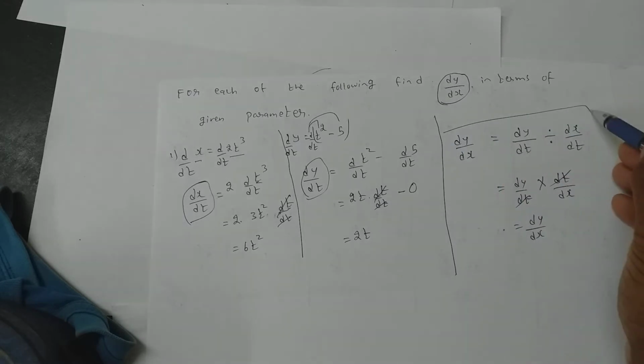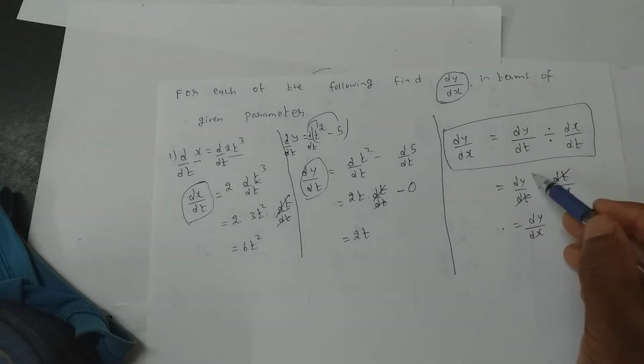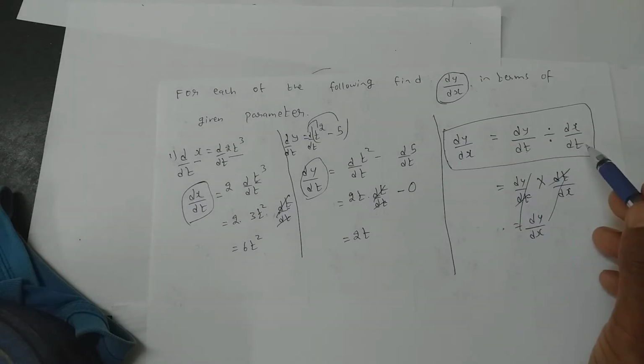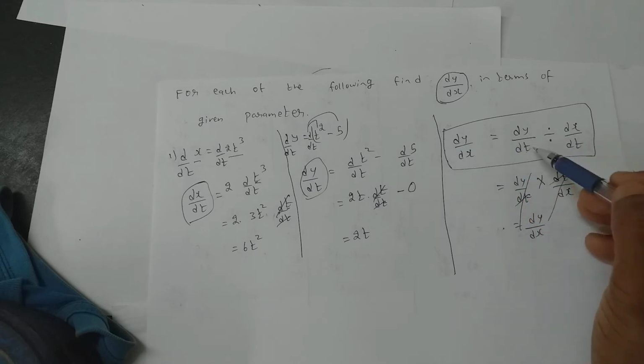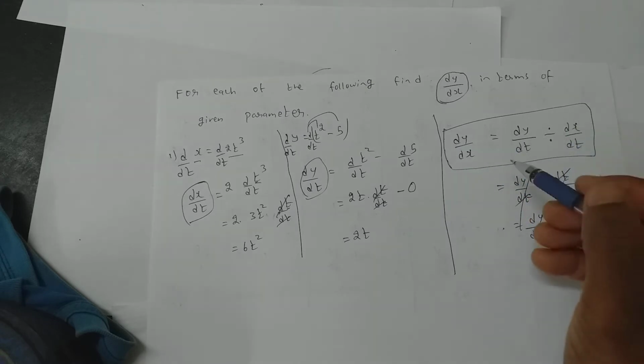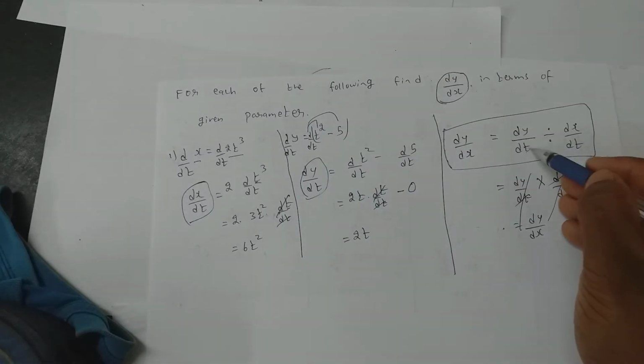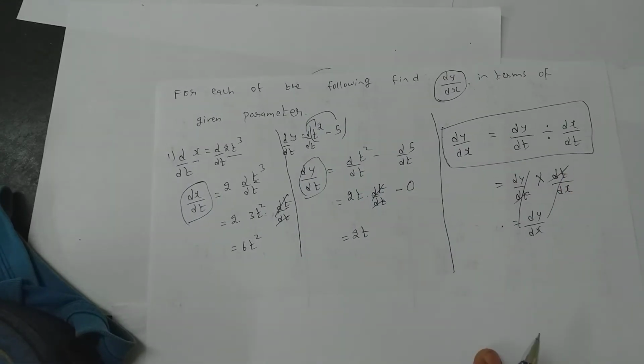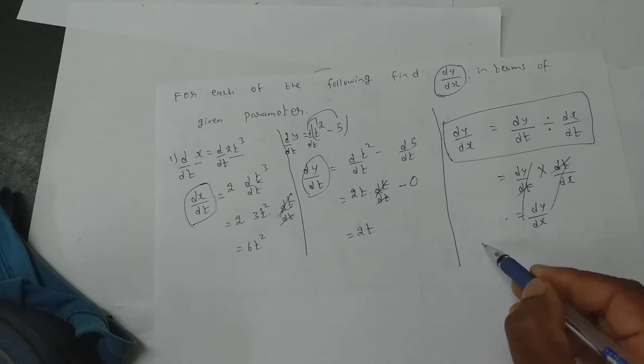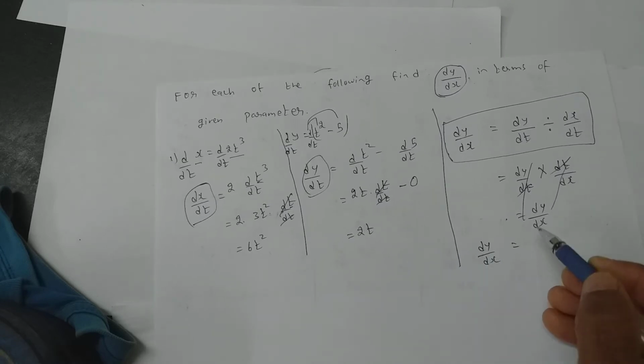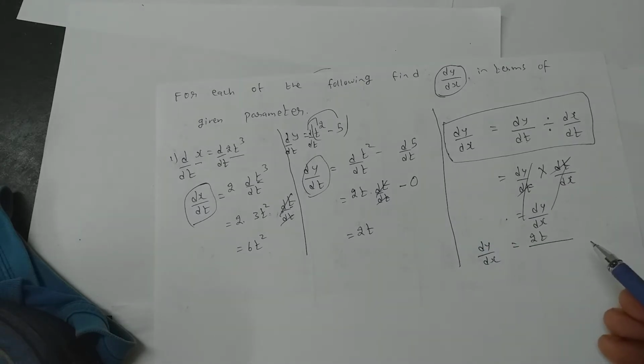So this is the formula which you should know. The proof is not required, but if you know the formula, it's enough. dy by dx is nothing but dy by dt divided by dx by dt. If it is with respect to theta somewhere, then the theta parameter will come here. So now in this sum, how much is dy by dx equal to? dy by dt is 2t, so it is 2t by dx by dt, which is 6t square. So cancel, 1 by 3, 1 by t. So 1 by 3t is the answer. Am I clear?